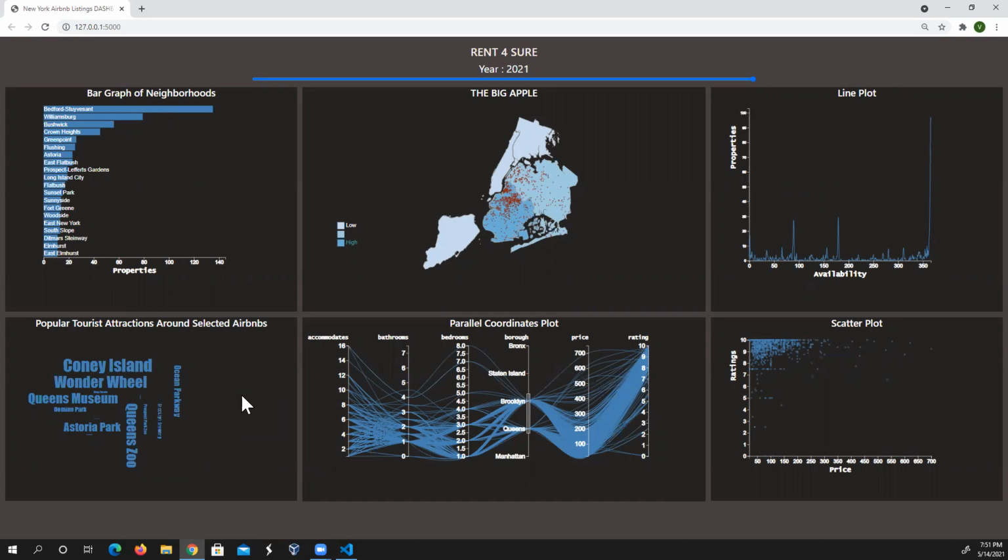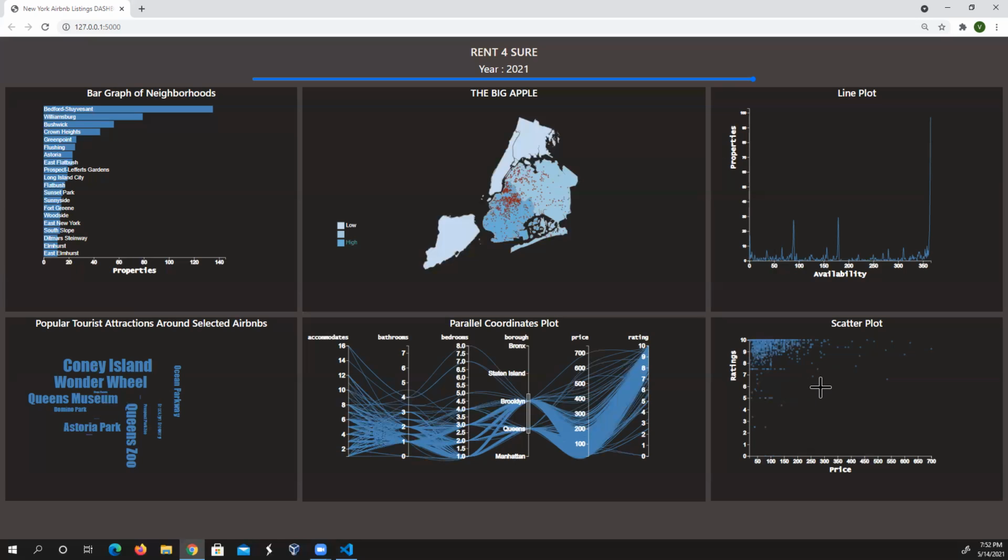So let's say you choose a lot of properties in Brooklyn and quite a few properties in Queens. Most of the words will be tourist attractions in Brooklyn. So that makes it more relatable to where the properties are located on the map.